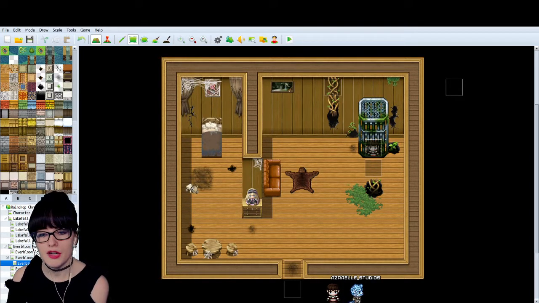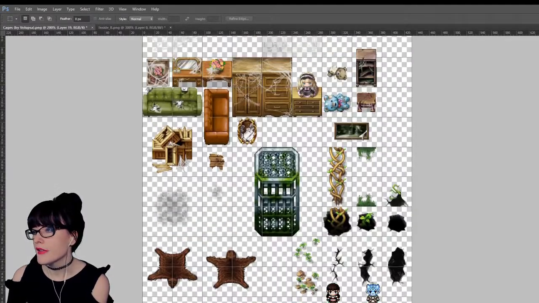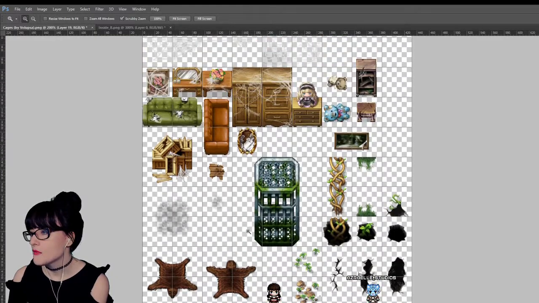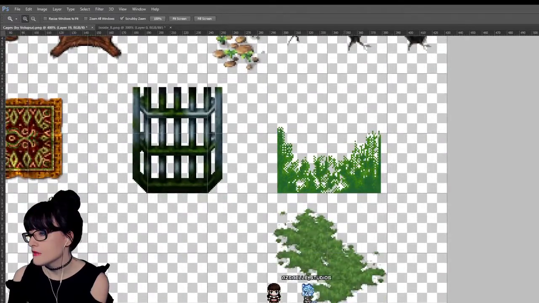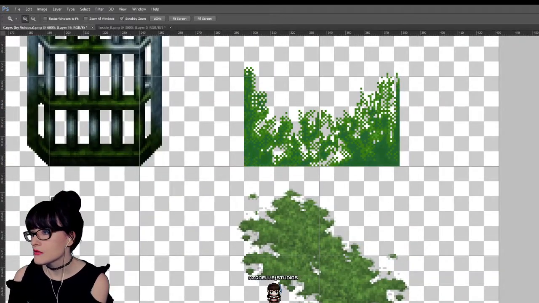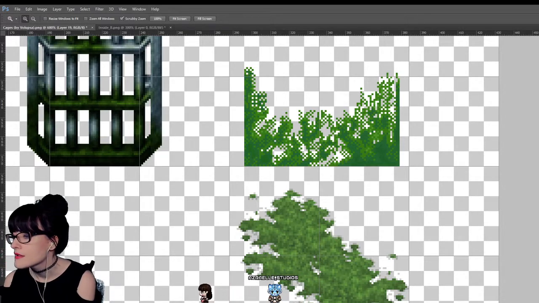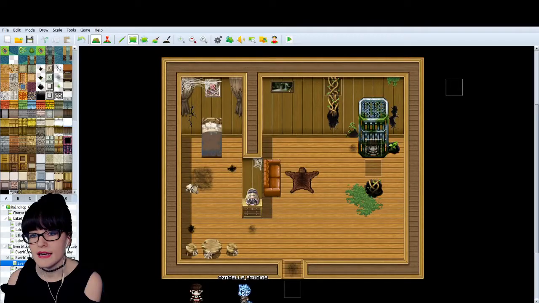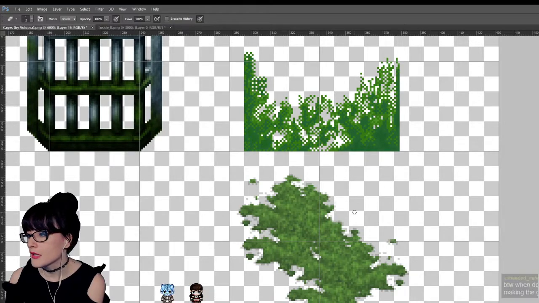Okay, so Photoshop, where are you? Here we are. So I was adding more things to our tile set that could go in that cabin. There was an edit I wanted to make to a couple of them. What was the first one? Oh yeah, the first one was this, because the problem we've got at the moment is it's slightly going over the hole that we've got. If you can see here, the green grass is over a hole in the ground, and so I'm going to have to manually